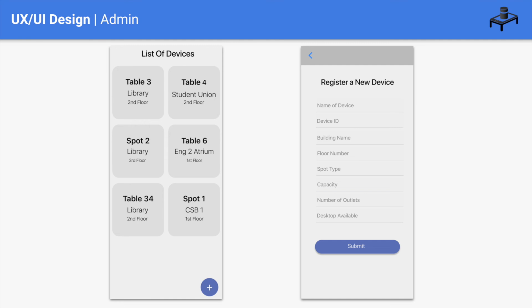This is the UX UI for the admin portal. Ideally, the admin should be an IT professional from the university. On the left, we can see a list of devices already set up. These are devices that were previously added by the admin. Whenever they would like to add a new device, they can press on the Add button located at the bottom